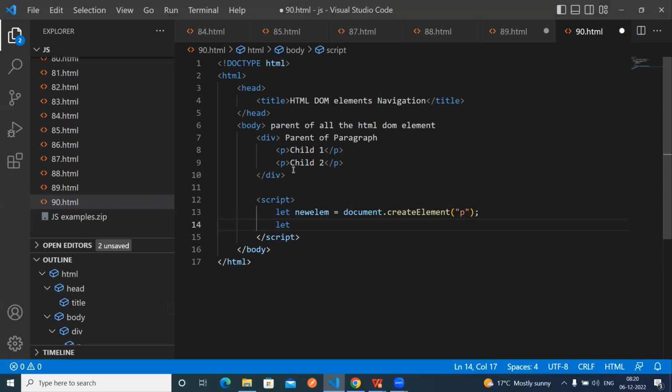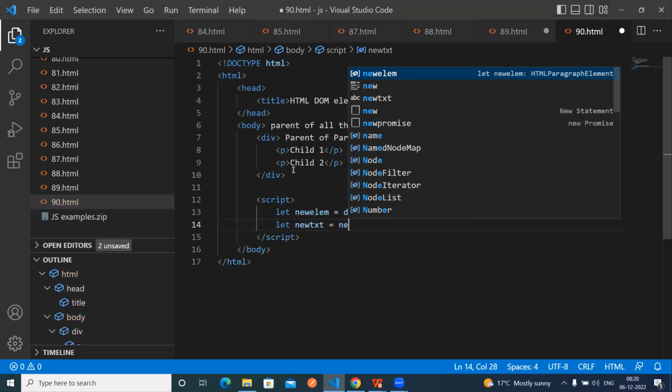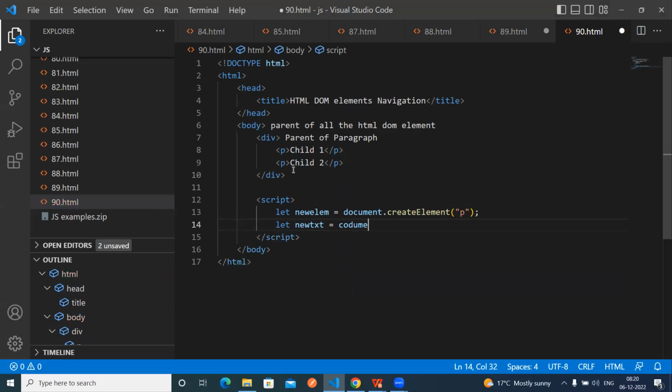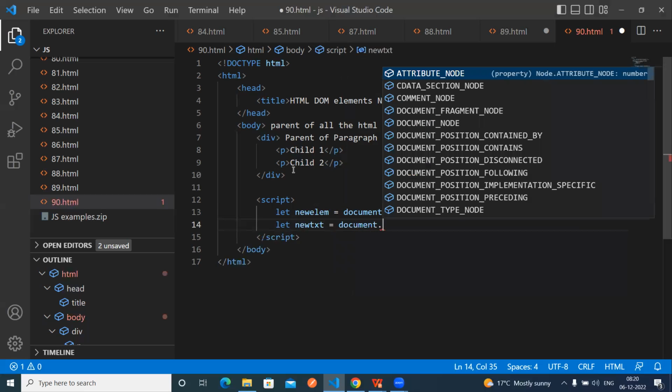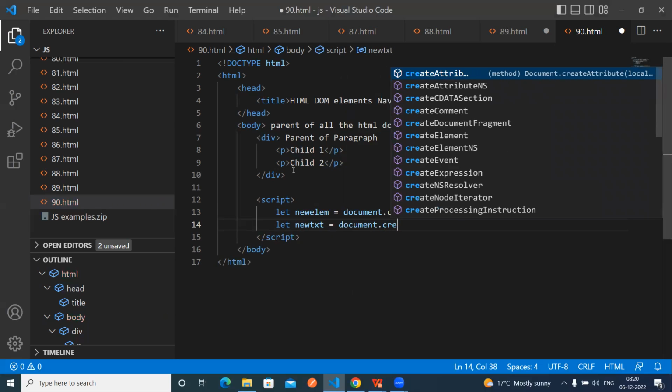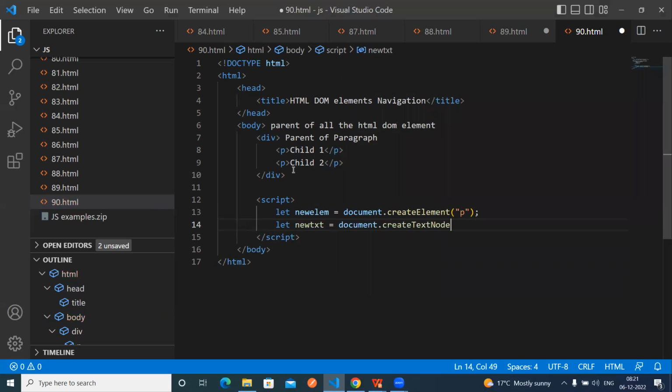Let new txt equal to document dot create text node. Okay, so then